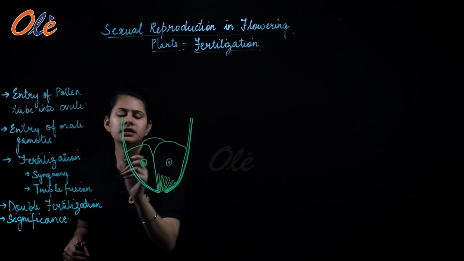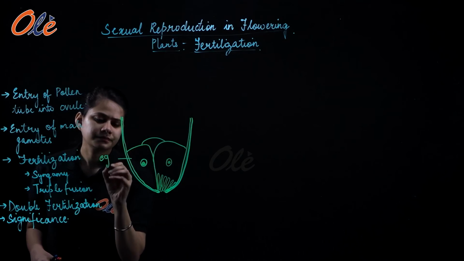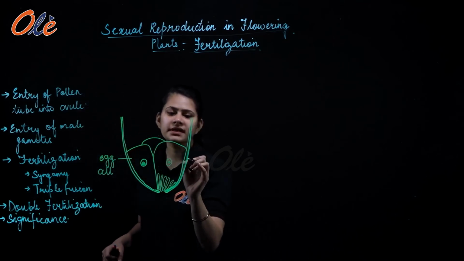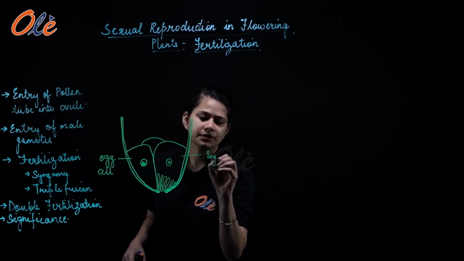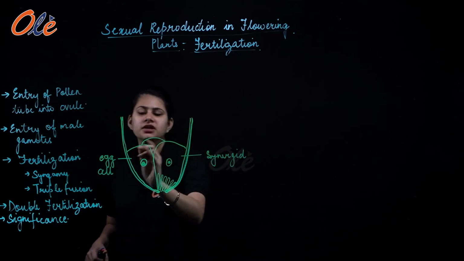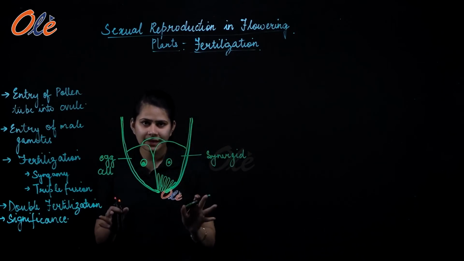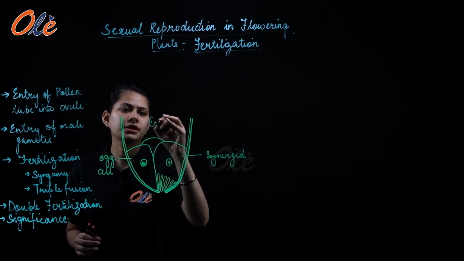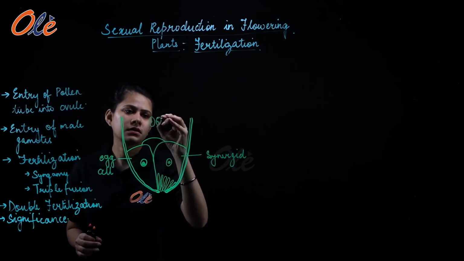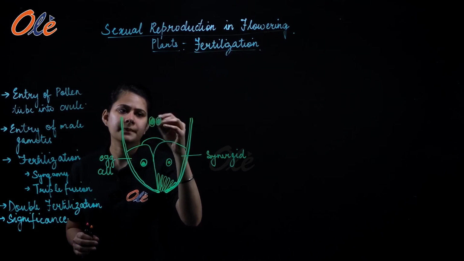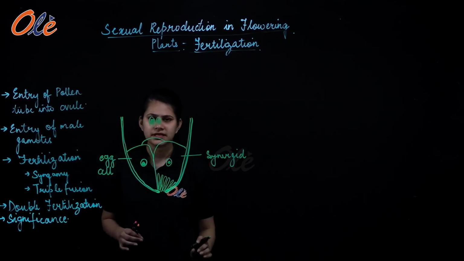Alright, so here is the egg cell with the egg nucleus obviously, and here you have the synergid. Both of these synergids together with the egg cell is forming the egg apparatus. और ये जो central cell है उसमें तुमने पढ़ा था there are 2 polar nuclei, right? So here are the 2 polar nuclei which are present in the central cell, right?